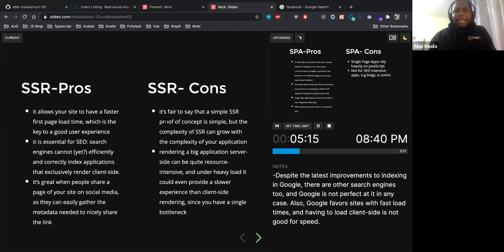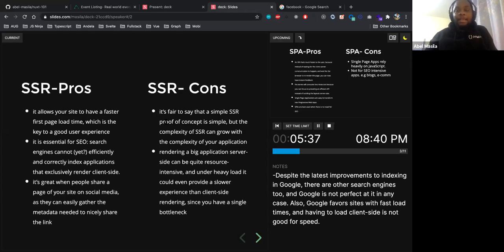And server-side rendered applications are very nice for this, because most of the search engines don't really know how to index JavaScript applications, but they can easily index server-side rendered applications because the markup is already in place, and the markup is different for the different pages. And that is one disadvantage of a single page application.